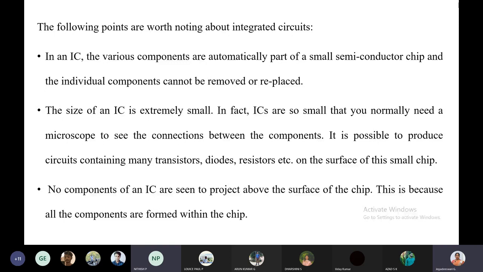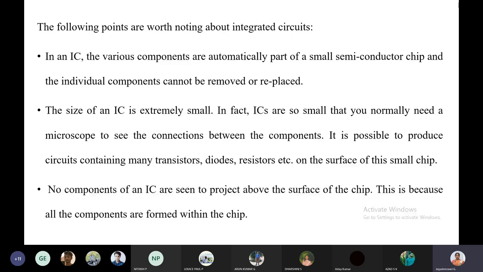Yes, as I already told, we are integrating, joining two components and making an IC. I join two components and bring out an IC. That joining, we cannot see with our naked eye. When I pick up an IC and look at it, how does it look? It is black in color and it consists of some pins. That's it. We cannot see what is inside the IC. With the help of a microscope only can we see the connections of the IC.